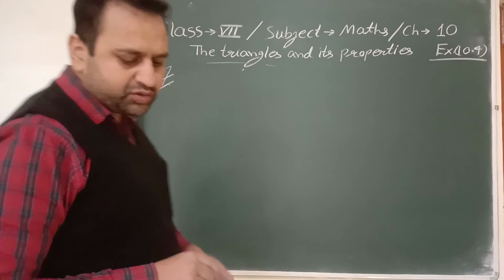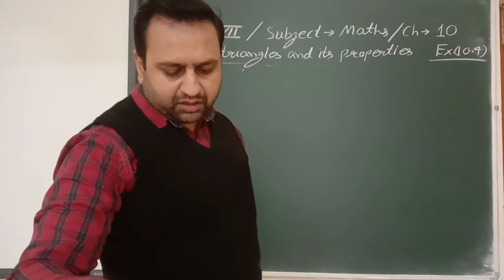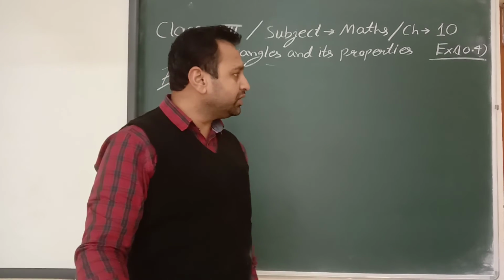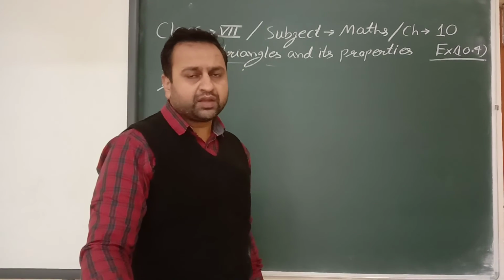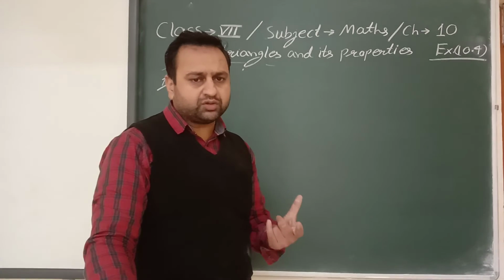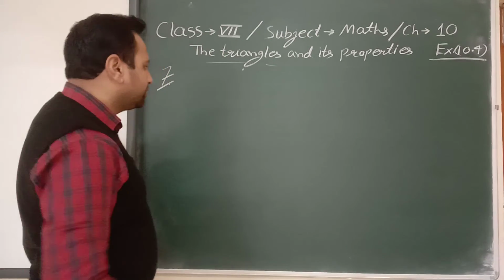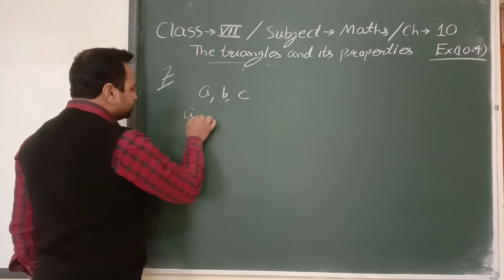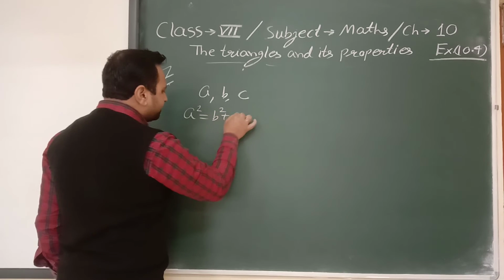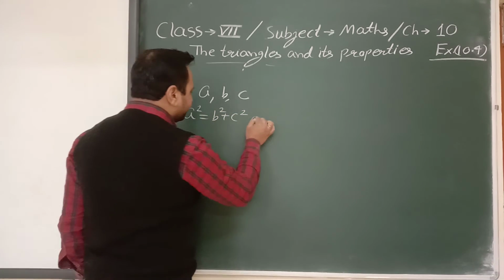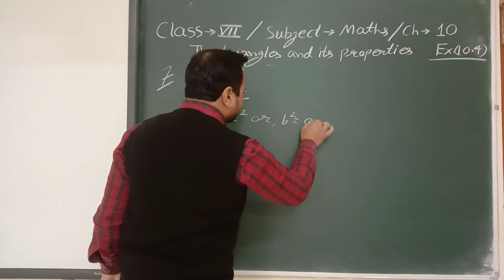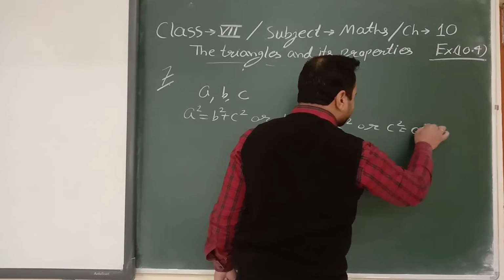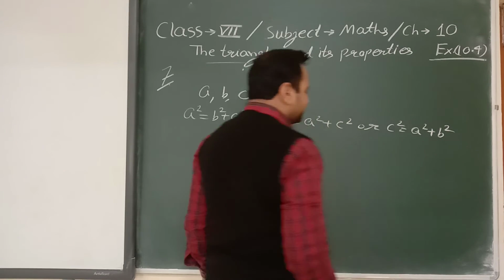Okay students, now we discuss question number 7. In the question number 7, to the following numbers make Pythagorean triplets. Pythagorean triplets we discussed in the previous video. Pythagorean triplets are 3 natural numbers which satisfy the relation. यानी कि A, B, C सपोज 3 नेचुरल नंबर्स हैं, तो जो नंबर्स इनमें से किसी भी एक रिलेशन को वेरीफाई करें, इनमें से किसी भी एक रिलेशन को अगर वेरीफाई करते हैं, so these numbers are called Pythagorean triplets.